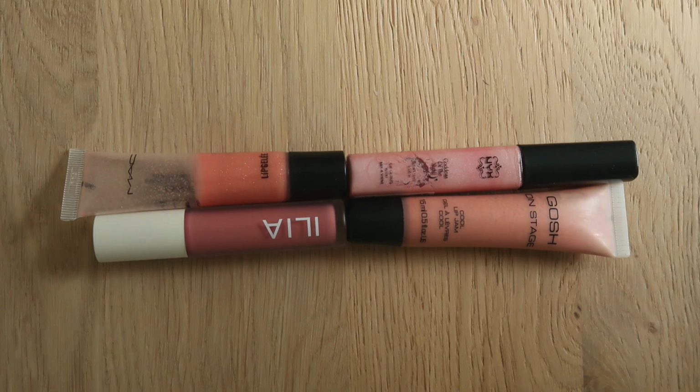I think I have 5 lipsticks on my list for next year, so let's see if I can get through all of them, and this number will hopefully be a lot less already by the middle of the year, maybe. Let's see. For lip glosses, I have 4, finished 1 off and added 1 through the advent calendar from Ilia,